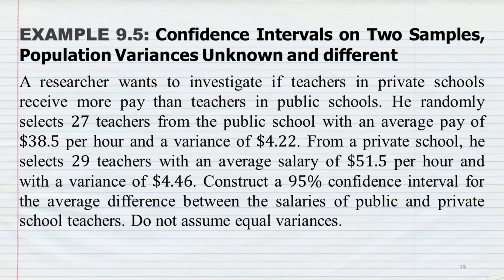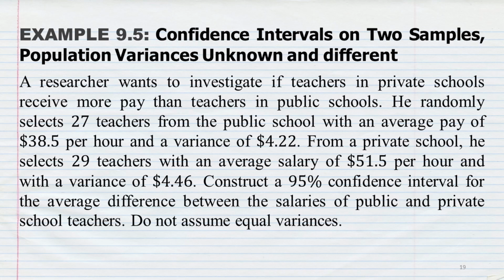Let's do example 9.5 in the textbook. Confidence intervals on two samples, population variances unknown and different. A researcher wants to investigate if teachers in private schools receive more pay than teachers in public schools. He randomly selects 27 teachers from the public school with an average pay of $38.5 per hour and a variance of $4.22. From a private school, he selects 29 teachers with an average salary of $51.5 per hour and with